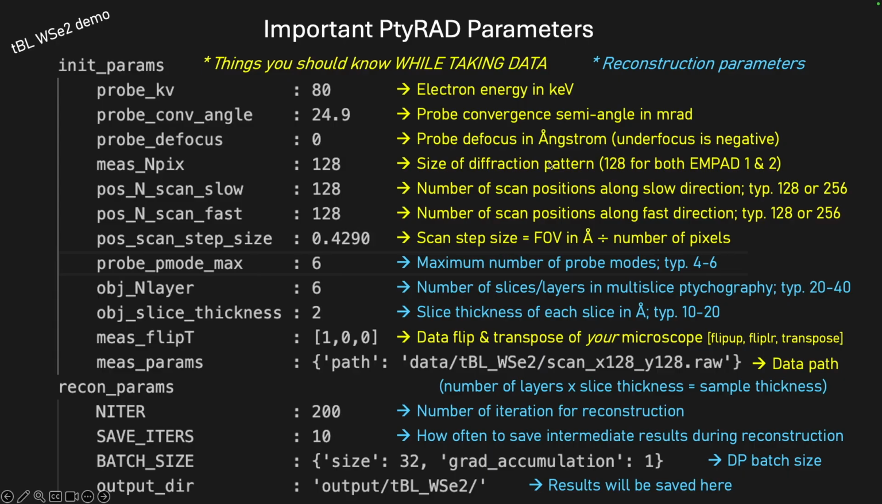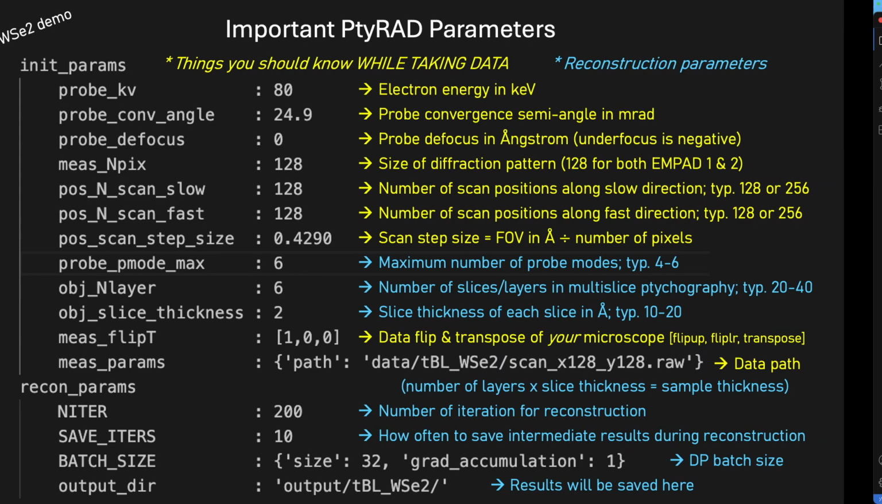Okay, so we went through all the minimal parameters. PtyRAD actually has a feature where you can check the validity of these parameters and see if the reconstruction will run, without actually running the reconstruction and then you running into an error. So to do this,